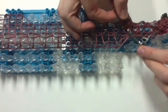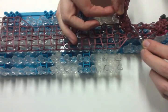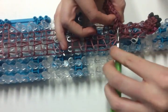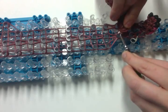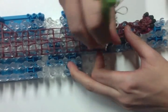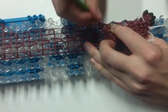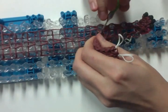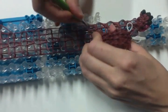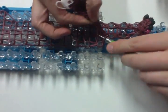Alright, now I can continue looping the loops around, so I try not to go through the horizontal bands in there. You can see it right here. I'm just going to go through the vertical loops in each set. I'm not going to go through the horizontals. Okay, wrap around, loop up. Same thing on this side. Wrap around, loop up. In order. Wrap around, loop up. Wrap around,